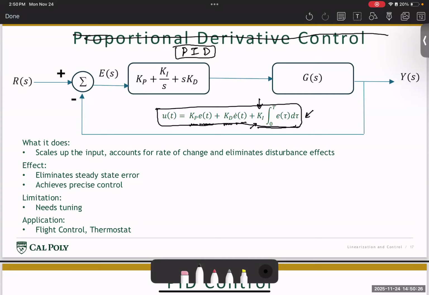A good application of the PID controller is for typical flight systems. All aircraft and spacecraft systems use PID controllers. While there are more advanced controllers that aircraft and spacecraft systems do, a simple quadcopter or a simple attitude control of a spacecraft, they all use PID controllers because they're cheap, readily available, and